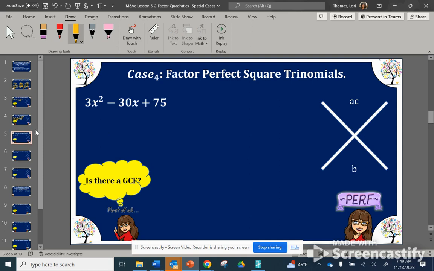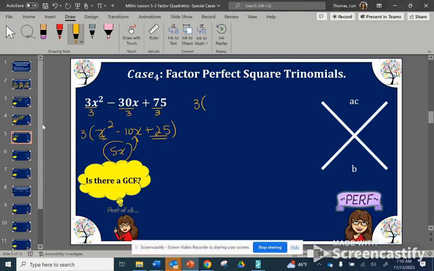Okay, let's take a look at our next example. We do have a GCF, so we're going to factor out the 3. So we have 3 times x squared minus 10x plus 25. I notice that my first and third terms are positive perfect squares. I take the root, and if I double 5x, I do get the 10x, so it satisfies being a perfect